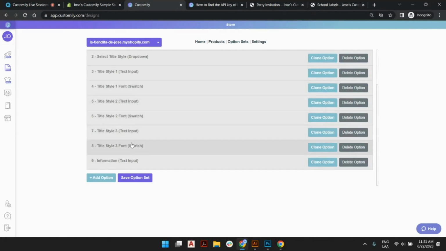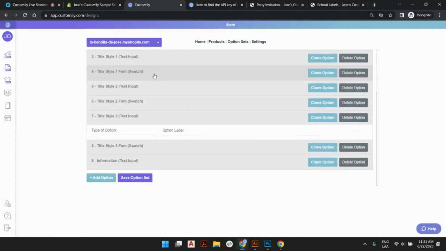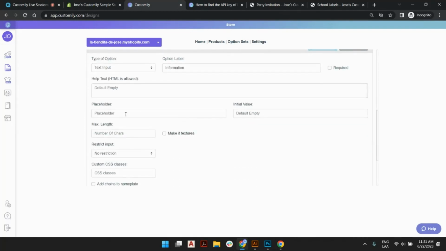And yeah, style text number 3, party. That's all I needed to add. Everything is working perfectly. Now in the information part, what if we actually need to put a suggestion for the customers